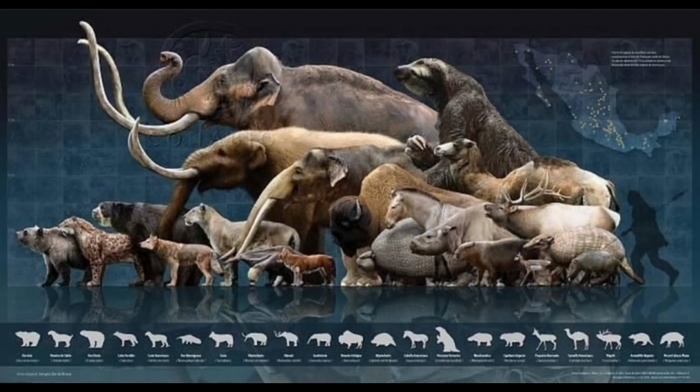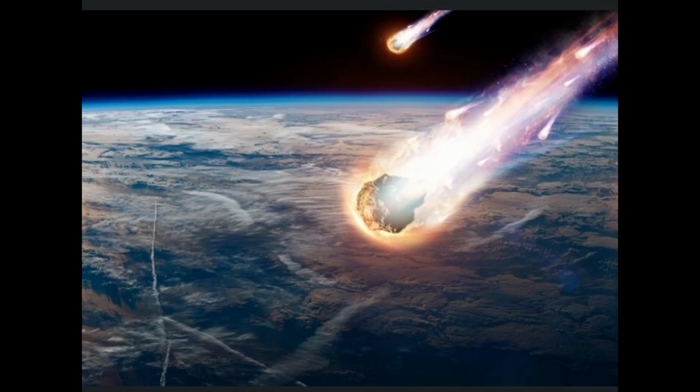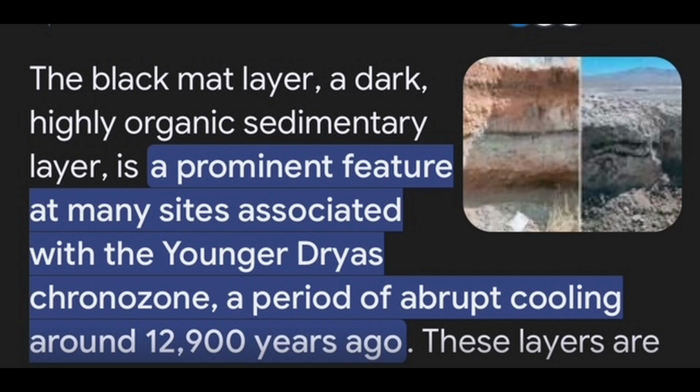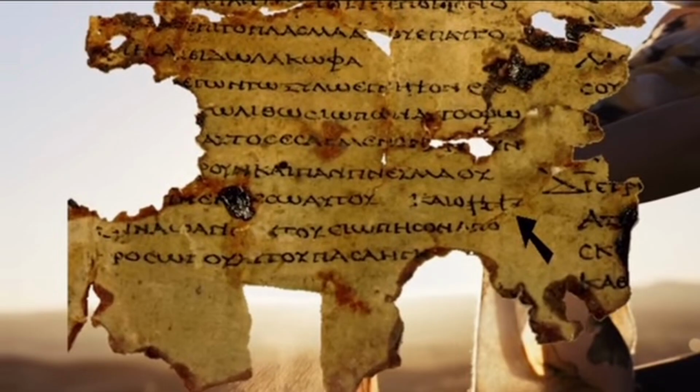Is that it? Or did the other things that we're looking at, and it shows from the black mat layer, happen, and it's a little different than you told us because of what y'all thought. Because before these people came out with it, or even in modern day, in so disproving the biblical flood and possibilities, they wanted to say nothing like that ever happened. And it's like, well, here's one that did. Here's a dinosaur bone. Look at that.